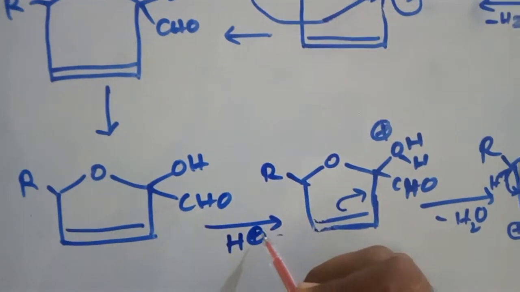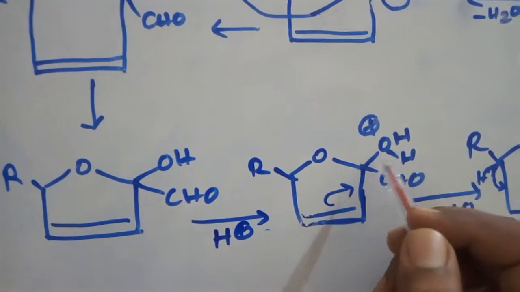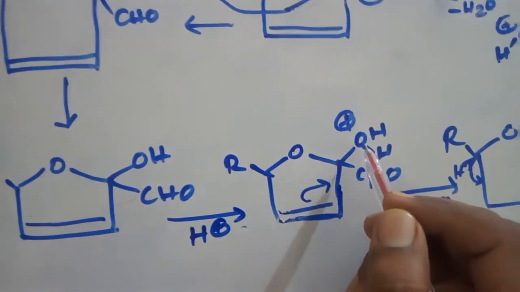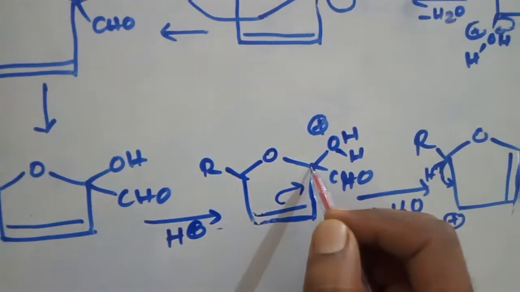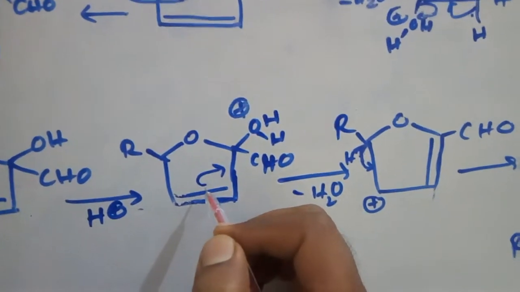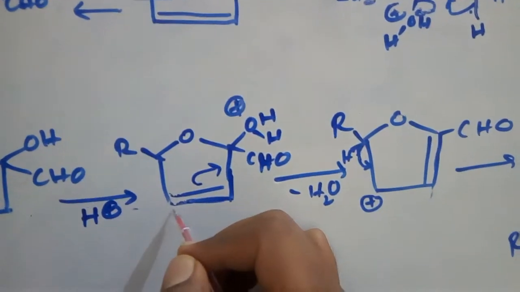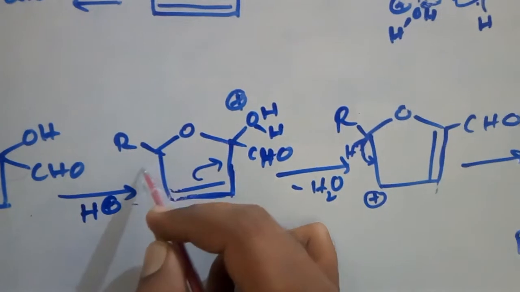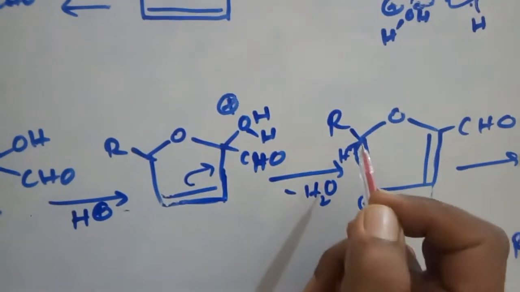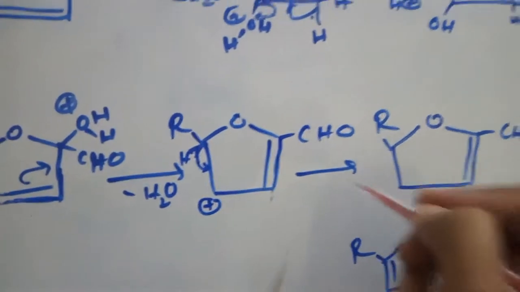So next step, simple structure, this H plus attached here. Then H plus in acidic condition, OH is here, again loss of H2O, this bond will be broken, oxygen will take the electrons, here will be a plus charge, this plus charge is neutralized by shifting this bond to this side, but here will be a plus charge. Now this will be neutralized by loss of this one hydrogen, keeping the electrons between these 2 carbons, and this way we will have here